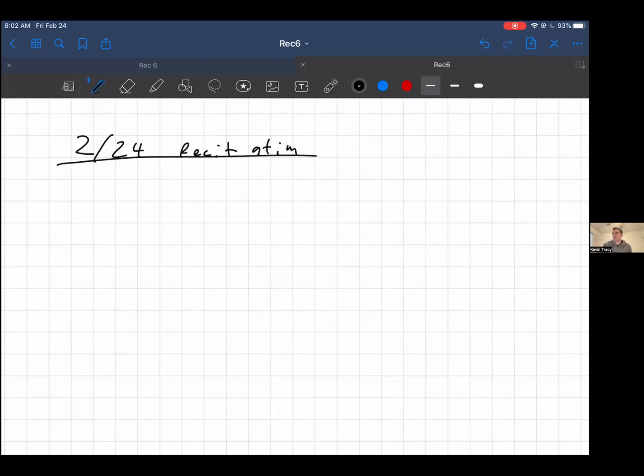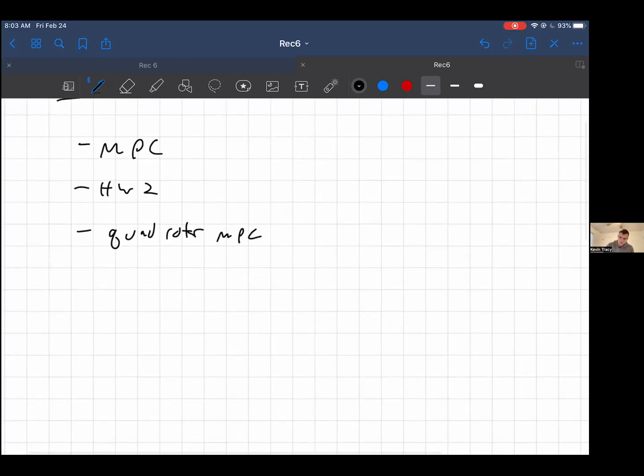Okay, and today we're going to look at the following. MPC, homework 2, and then quadrotor MPC. Okay. So as a general background, this whole class is about setting up and solving control problems as optimization